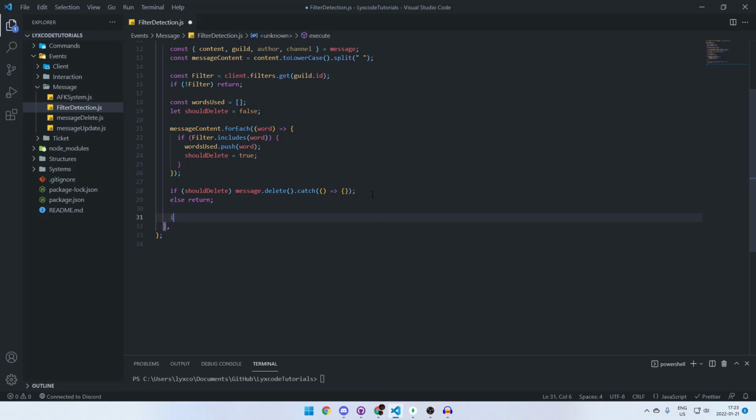So in here we're gonna type if words, or actually we can remove this, we don't need this. All right, we're gonna type if wordsUsed.length